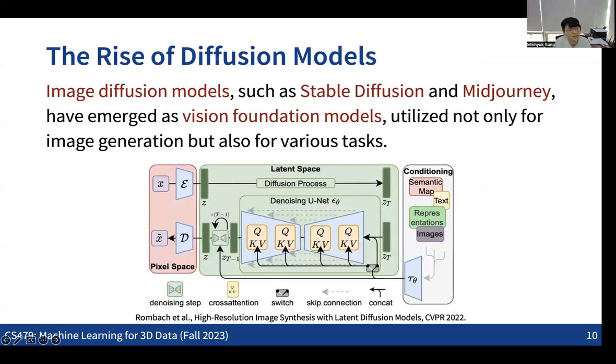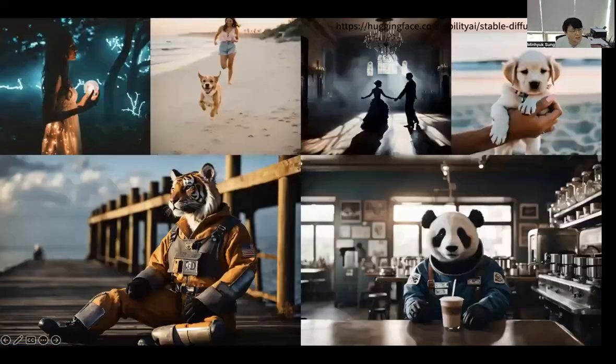Diffusion models, I guess some of you have obviously heard about Stable Diffusion or Midjourney. These are very recent image generative models that can produce very realistic images. Those are all images that are actually generated by AI techniques using Stable Diffusion here. And these are based on the recent diffusion models. This is the idea for the generative models.